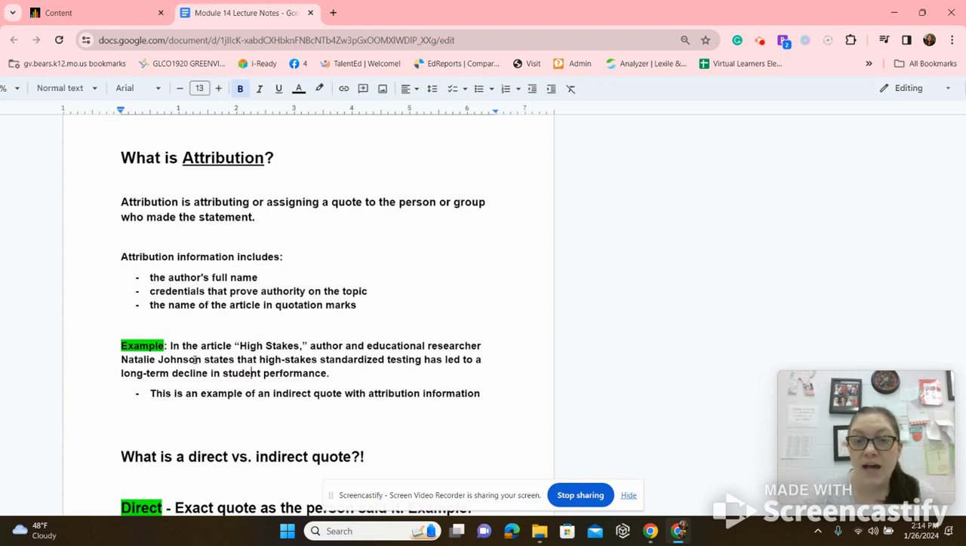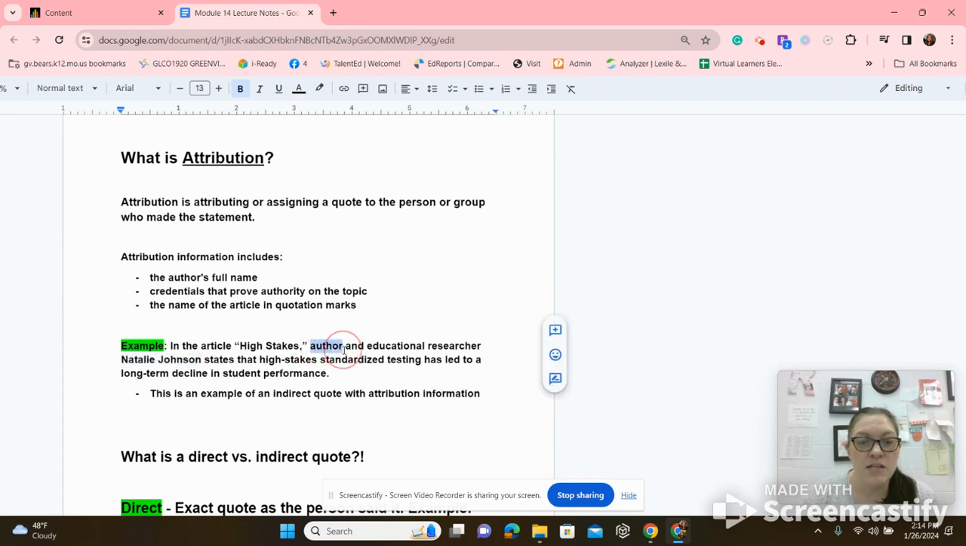So in the article "High Stakes," author and educational researcher Natalie Johnson states that high-stakes standardized testing has led to a long-term decline in student performance. Now, I just made all of that up for an example. That is not a real article, not a real author, but this would be considered an attribution statement. It is an indirect quote, so there's no actual quotation marks for what she's saying. Indirect meaning that I am paraphrasing what she has said or summarizing what she has said, but not directly quoting her. And I am giving attribution because I have the article it came from, the full name of the author, and then also her